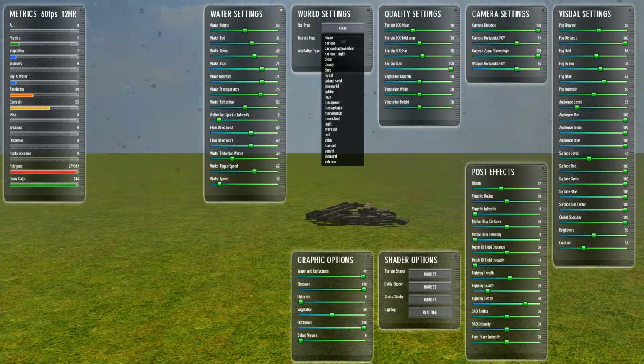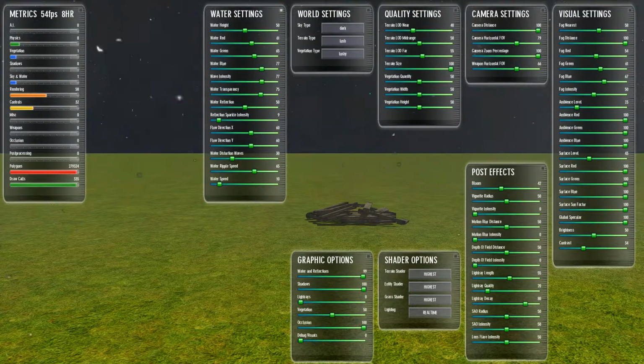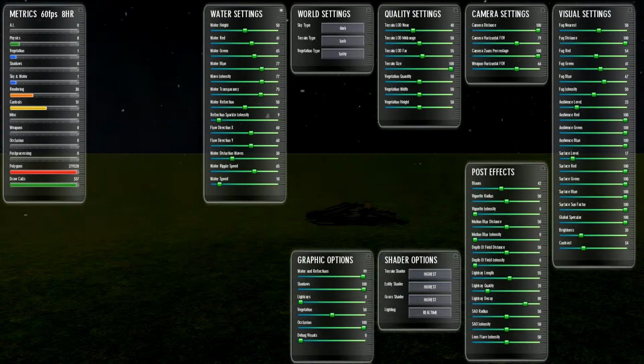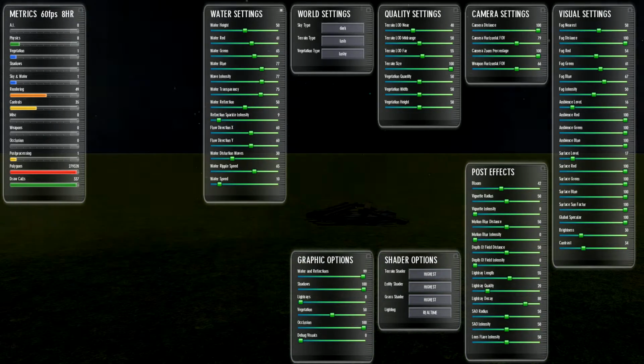I'm just going to change a few things while I'm here to make it a bit more suitable for later. So we're going to change the brightness, surface level down, maybe just change the ambience a bit. So you can see we have a blizzard that sort of comes around with the player, which is not what we want. We want it to be based around